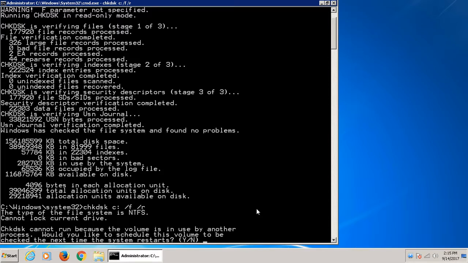Okay, so you're going to get this message: Cannot lock the current drive. Check disk cannot run because the volume is in use by another process. Well, that process is the operating system. And Windows almost always mounts it in write mode unless it has a problem. Let me think, safe mode I think is still technically write mode. I could be wrong about that. But I think maybe the only time it'll mount it read only is when it will kick off